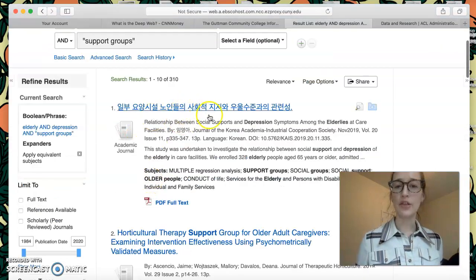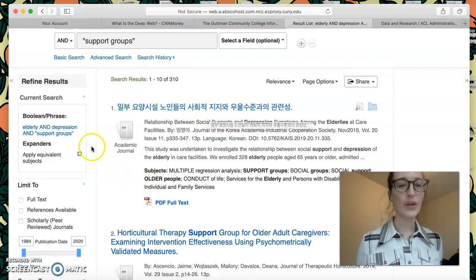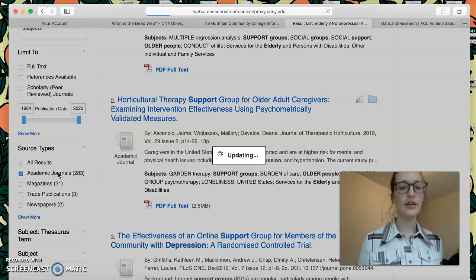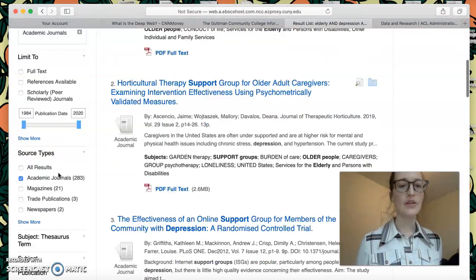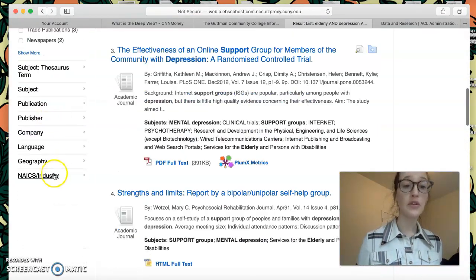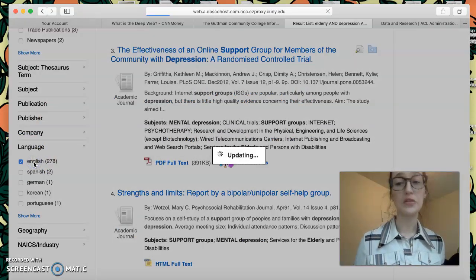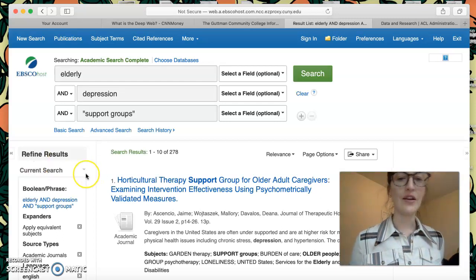and I get articles in other languages. So that's one way you can narrow right away, is by source type. So you probably only want academic journals. I'm going to click on that. And you probably only want things in English, but if you know another language, feel free. If you can read and write in Spanish, good for you. And